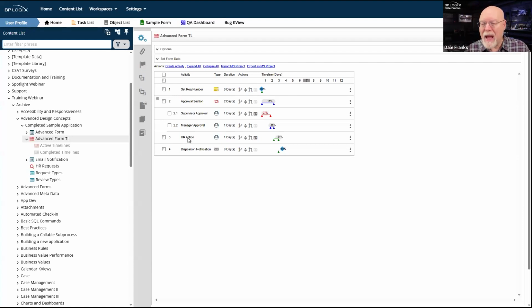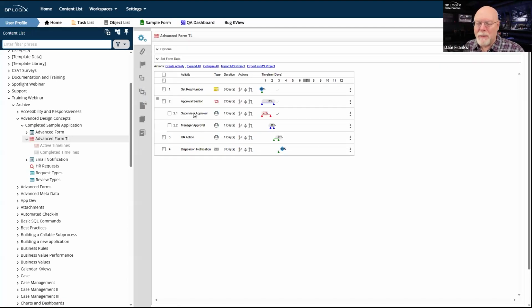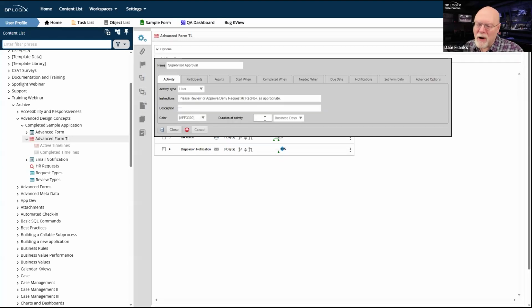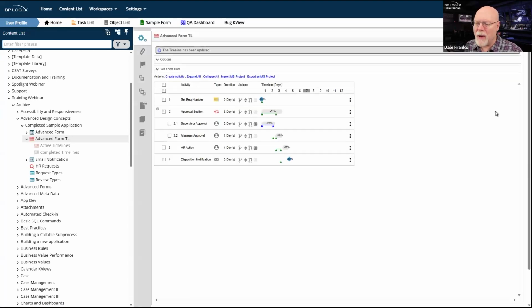So we can safely go into the timeline itself and we can open up the activity and we can play around with this duration. I didn't even set the duration at all. So I set it to business days. And maybe this is a bad example. Maybe this is a better example. The supervisor approval task, where I say it's taking 1 day. You know what? Maybe I should change the activity and I should set it to take up 2 days. And I can go ahead and update my process timeline.